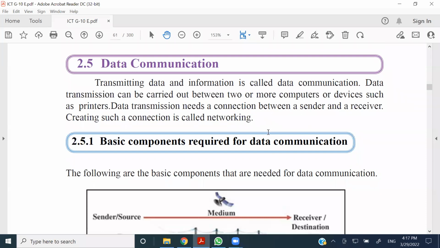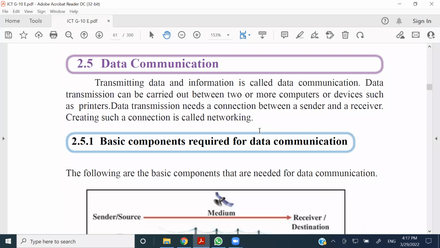So we are basically done with the components of the computer, which are the hardware components. Now it's a new topic, which is called data communication. You have already experienced what data communication means, or what kind of things happen through data communication, because at this particular moment we are doing a data communication, right? So we are having a video conference call